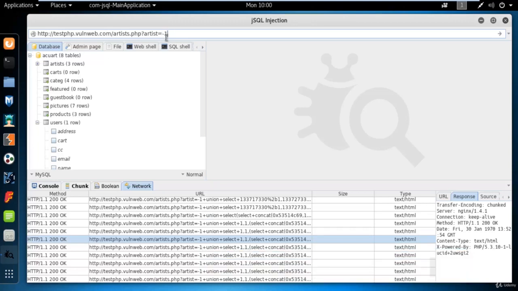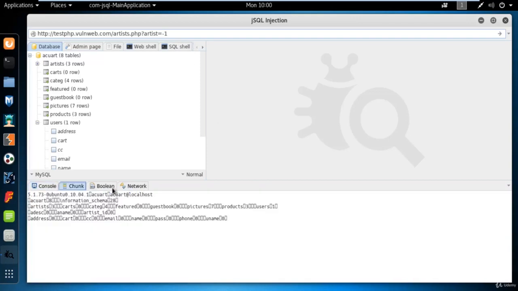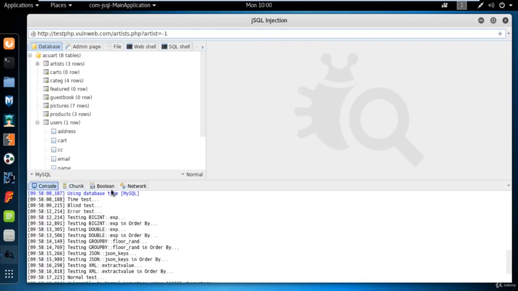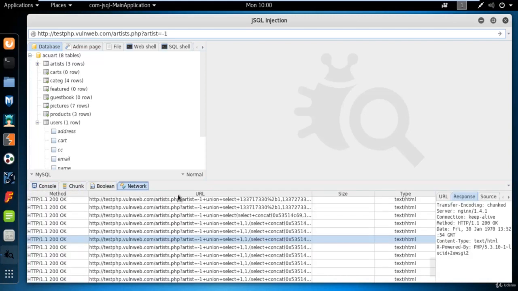Because there are 3 possibilities here. One using dash, second using one dash, one basically it's one apostrophe after one, and third is, let me type what the 3 methods are. One is dash one, second is dash one apostrophe, and third one is this, right? So there are 3 methods. You can use any one to try if you are able to find it or not, right? So it has found the information for us.